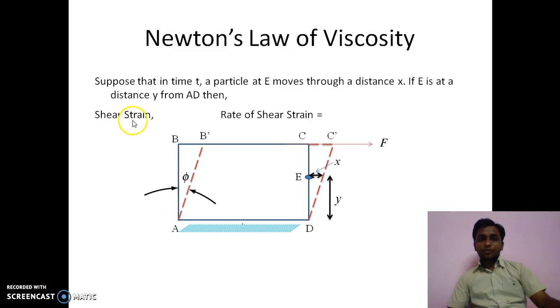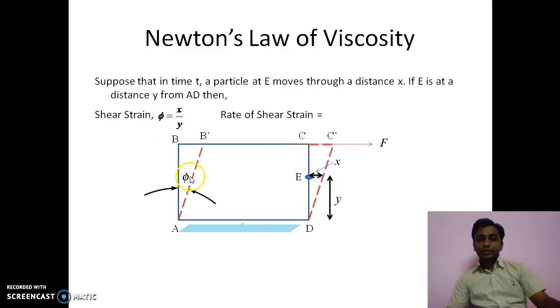Now we will know what the shear strain is. So shear strain is nothing but this much. Now here again the angle will be the same, phi. And here we have a right angled triangle, so we can make use of trigonometry to calculate this phi. So tan phi equals opposite side upon adjacent side. Opposite side is x and adjacent side is y. As this deformation is very small, because we are considering a very small time duration, tan phi can be considered equal to phi, and we can write the shear strain equation as phi equals x upon y